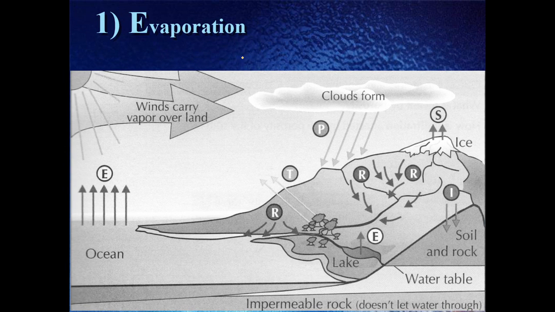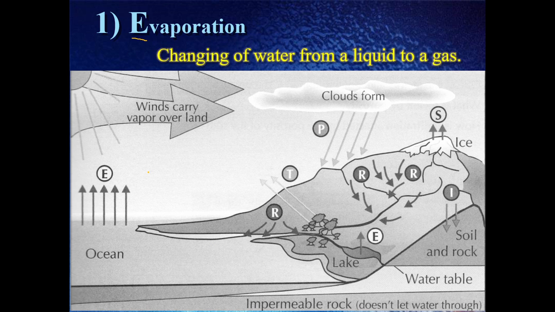So here they are, right? We take a look at this diagram. All of the letters that you see indicated are going to be the first letter of what we talk about. So what is evaporation? We see evaporation, we see an E here going up from the lake. We see it from here in the ocean, right? It is water that is changing in the form, going from a liquid to a gas.